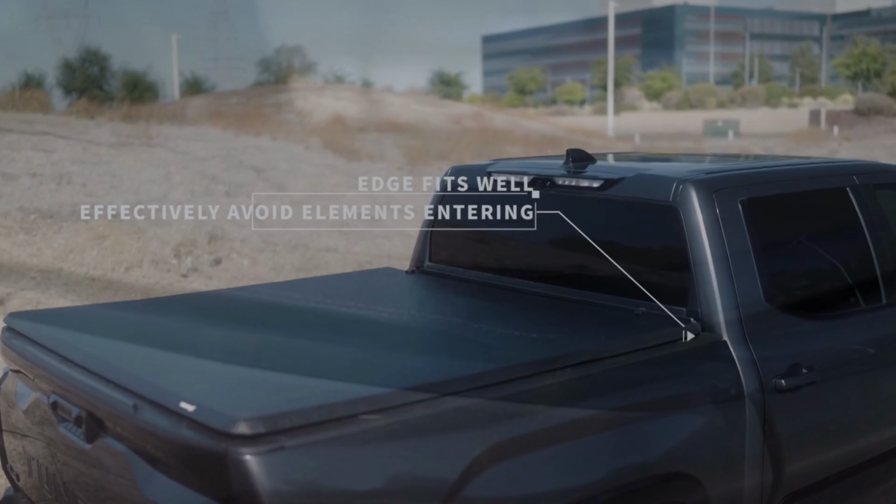protection for your cargo. Say goodbye to struggles with weather and theft, and hello to convenience and peace of mind. Join us as we explore the sleek design, durable materials, and easy installation that make this tonneau cover a must-have for every truck enthusiast. Buckle up, because you're about to discover why this is the top choice for truck owners